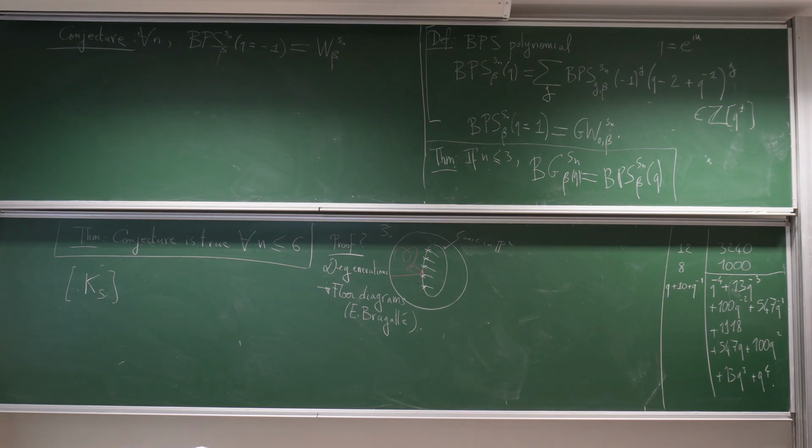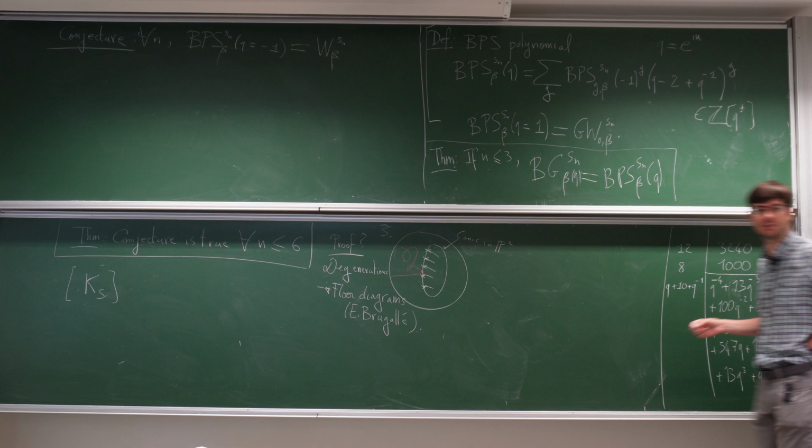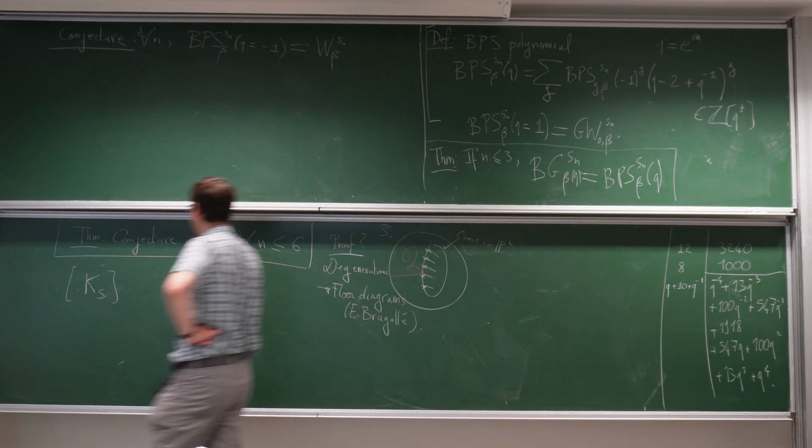maybe the obvious thing you might want is that this polynomial is a Poincaré polynomial of some space. Maybe these numbers are Betti numbers of some space. And it's roughly what Göttsche-Shende conjecture for the usual Block-Göttsche invariants, and so we conjecture something analogous for this general BPS invariant. And the conjecture